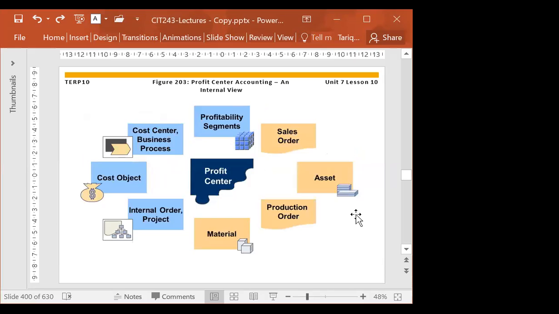Now, profit center accounting actually is a statistical accounting. The profit center will receive the statistical transactions. What statistical means? It will keep it as a record. It will not distribute the transaction to some other objects. For example,